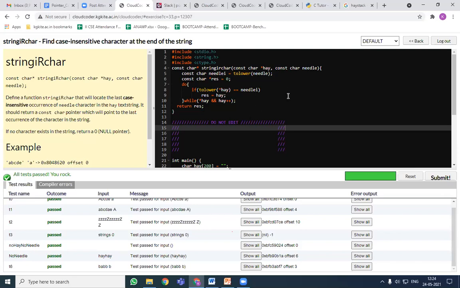You can refer to this solution and solve it. No problem if you are not able to understand. You are in the pointer camp, that itself is a good thing, and here it is appreciated. If you are not getting a solution to the problem, you can look at the code and type it once again after some time. So what you can do is practice by pressing the reset button, and you can practice again and again. Don't worry. In the first phase itself, if you are not able to complete the problems,